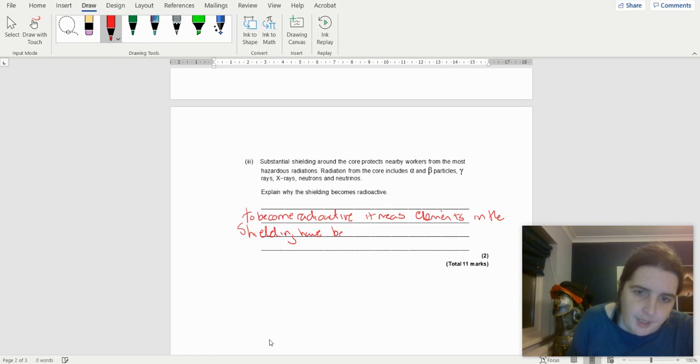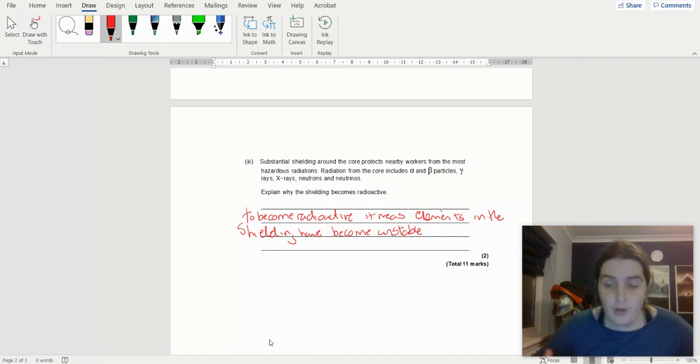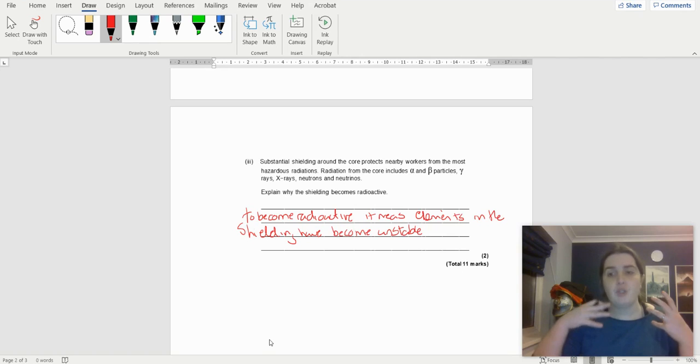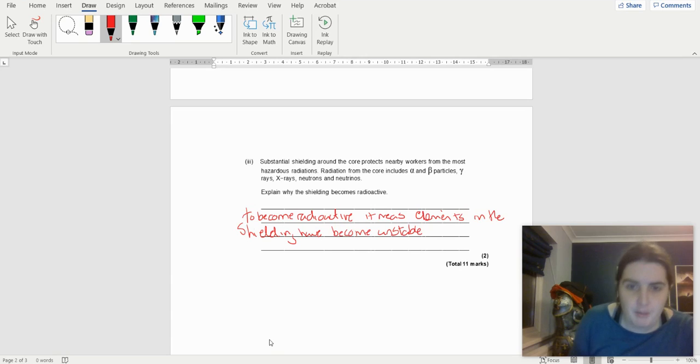have become unstable. Okay, so it can mean it could be that it's contaminated with something, or it could be, in this case, they're mentioning about there's flying neutrons around. Okay, but the idea is that to become radioactive, for something that has to emit radiation, you must have either something about you that's unstable, so being contaminated by some of the materials, or the elements have become unstable. So to become radioactive means the elements have become unstable. This is because, and again, it's an explain question, so using the word because,